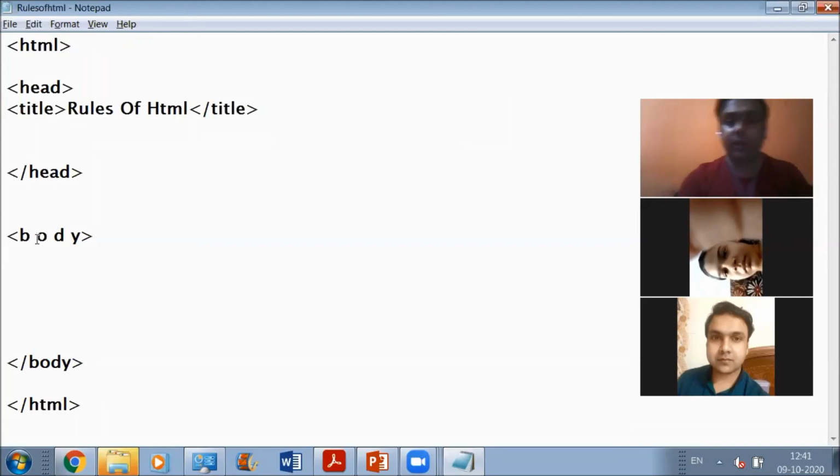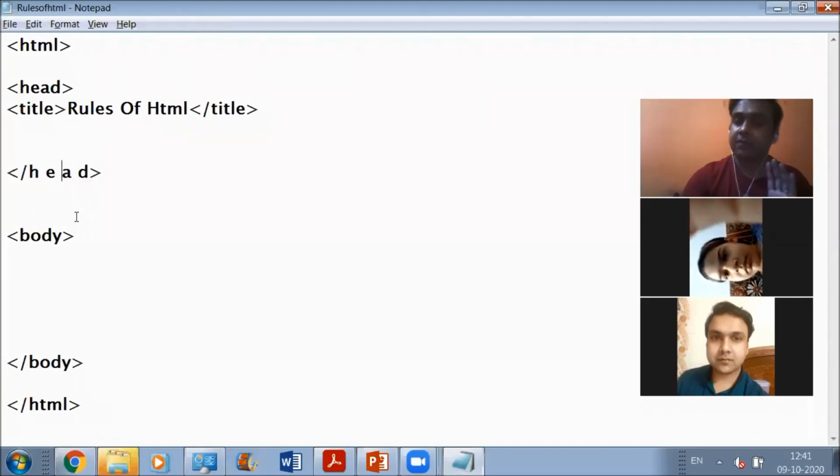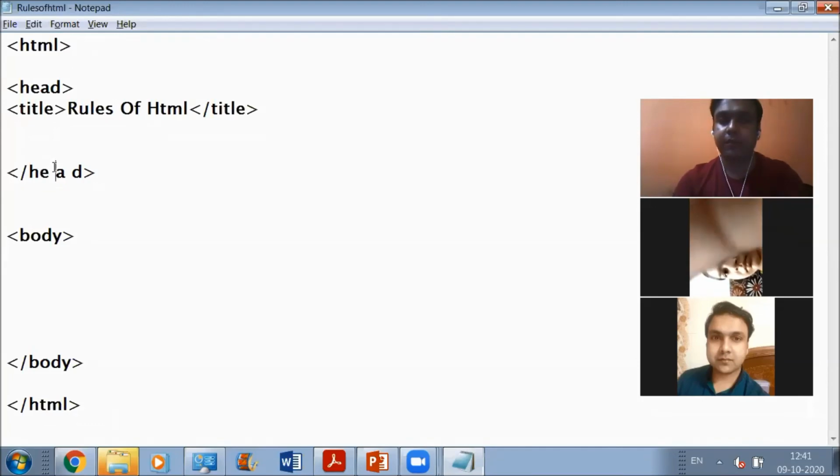So please make sure कि आप इनके बीच में कोई स्पेस नहीं देना है. Similarly, head tag के बीच में भी आपको इन letters के बीच में you don't have to give any space in between the letters of the name of this tag. Is this thing clear to every one of you? Yes, sir.